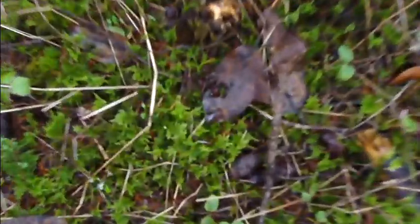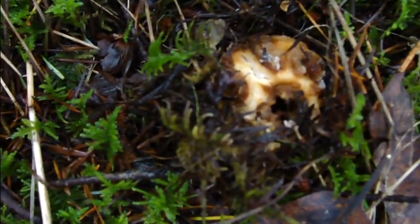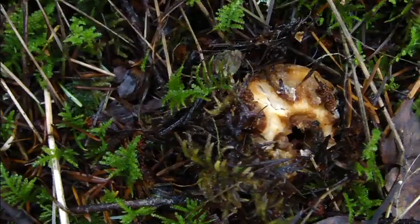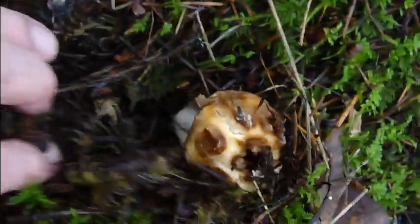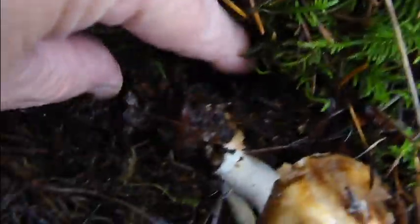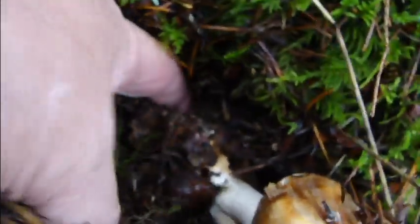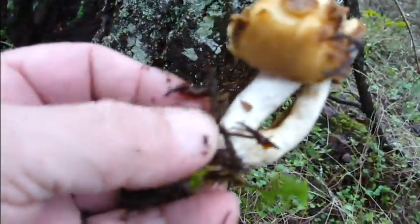We got somebody that's creeping out of the dirt here, well, out of the moss. And until I pull it up, I have no idea what it is. My first thought would be a grossobie, because they get that kind of cracked surface sometimes, like the praycocks. I honestly have no idea. Look at the stipe on this thing. It splits, and then it comes back in to meet up with the cap. It's just bizarre. Now, grossobies have a brown spore print. I'm taking this one home to do a spore print on it,